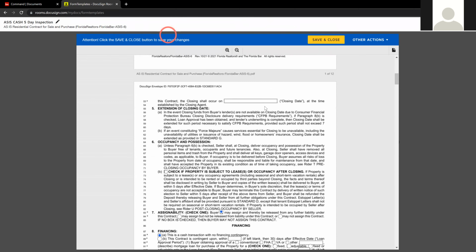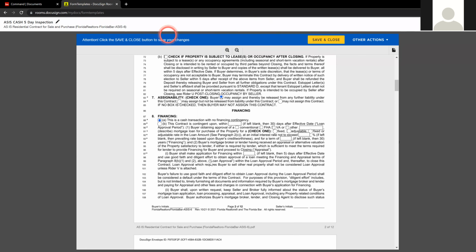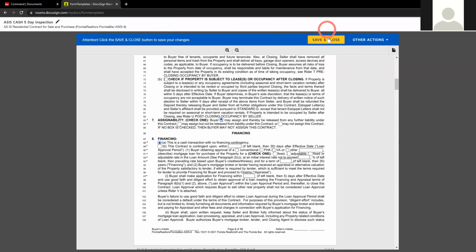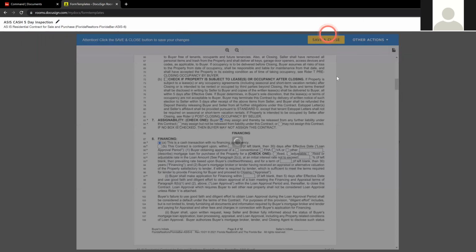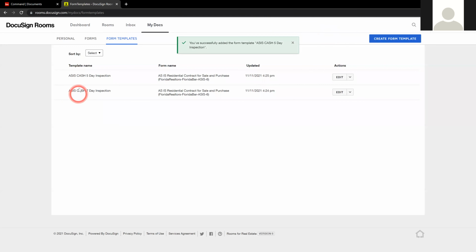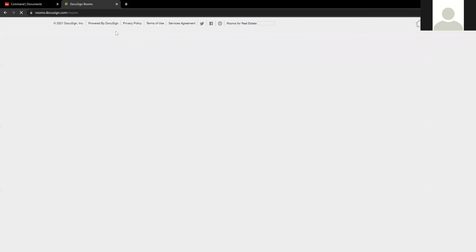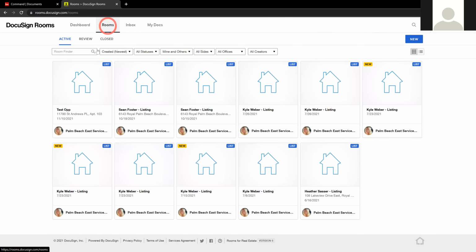And then we'll go through, make our changes to our template to make sure it's a 5-day inspection, save and close. And now we have two templates, one for as is cash 5-day inspection and one that's an as is cash 7-day inspection. So now we have our templates. So now we have to figure out how we're going to actually apply them to our documents. So I'm going to go back to rooms